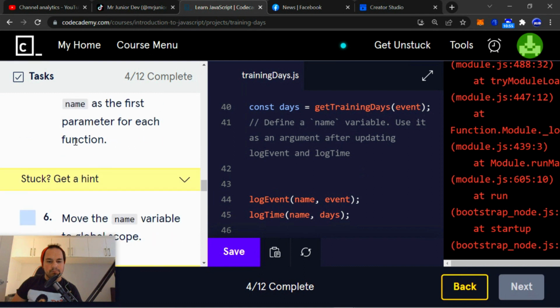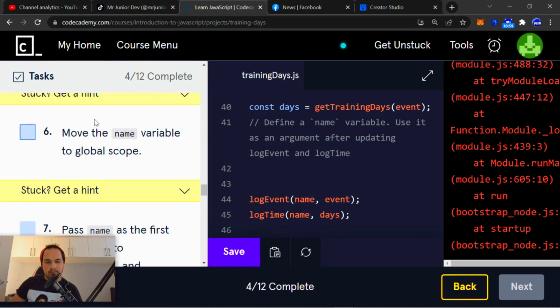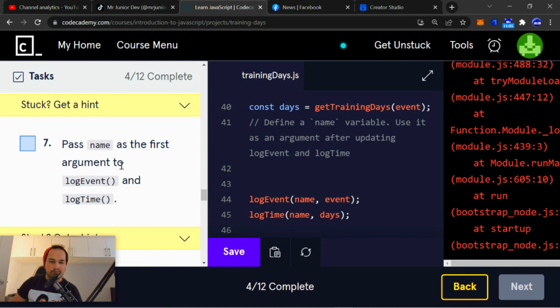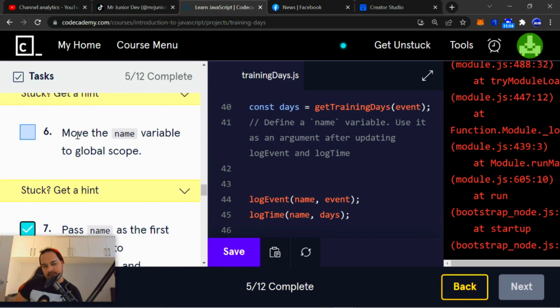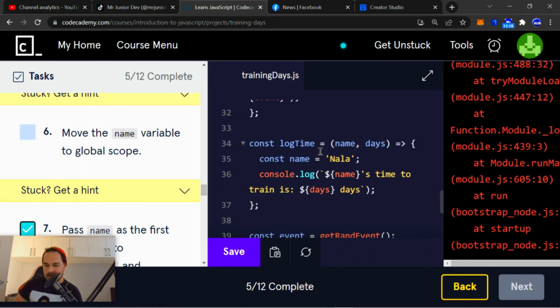Okay, so move the name variable to global scope. Oh, and it says, pass the name as the first argument to log event and log time. I skipped to instruction number 7 already. There's another problem here. Move the name variable to global scope. So the name variable, which is Nola,